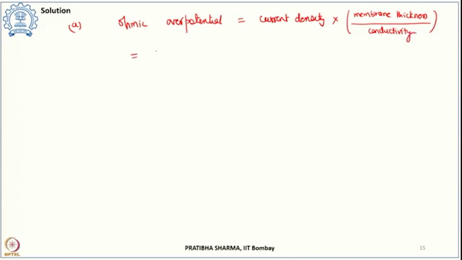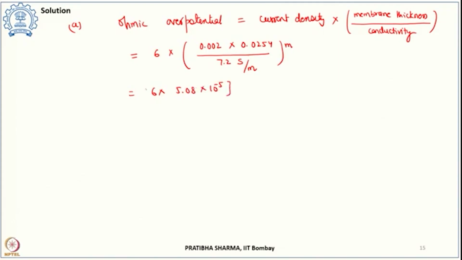Current density is given as 6 amps times the membrane thickness divided by the conductivity 7.2 Siemens per meter. So, that is 6 into 5.08 into 10 raised to power minus 5, and that is all in amps, into